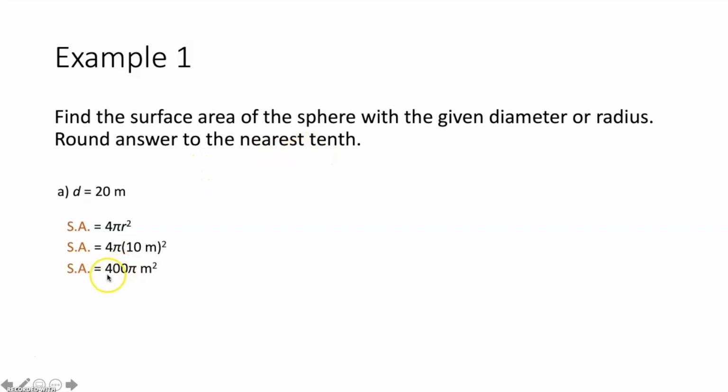So in your calculator, you can take 400, multiply it to pi, and round to 1 decimal place. And you get that the surface area of this sphere with a diameter of 20 meters is approximately equal to 1,256.6 meters squared. For B, we again want to find the surface area of a given sphere, and this time